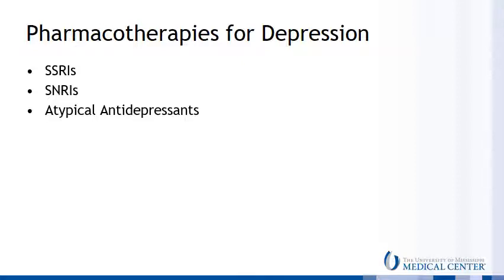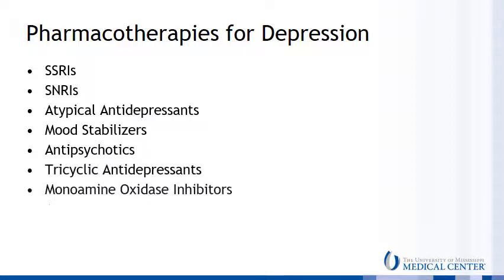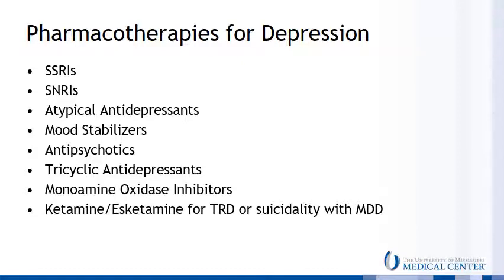Some, like bupropion, are more often used as adjuncts to SSRI or SNRI treatment. The mood stabilizers and antipsychotics are normally used adjunctively with first-line antidepressants. The tricyclics and monoamine oxidase inhibitors are much less commonly used due to low tolerability due to side effects and high potential for toxicity. Recently, esketamine, the S-isomer of ketamine, has been approved for treatment-resistant depression or depression accompanied by